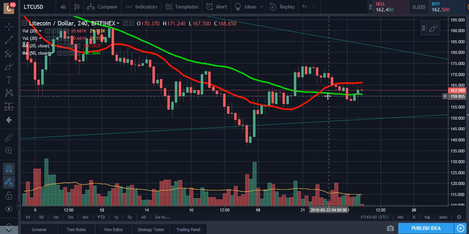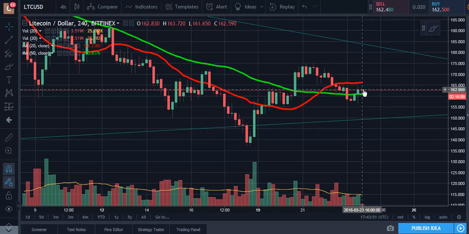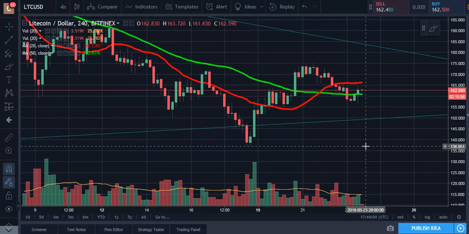But what you're seeing right here is the 50-day moving average, and this is acting as support right here. All right, guys, so if you see this next candle come here and we bust down through here, that's going to be a bad sign, guys. That would mean we could come anywhere. We could be at 150, we could test that, or we could come all the way down to the lows of 136 and test that.